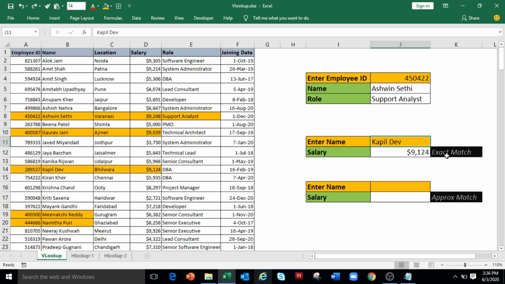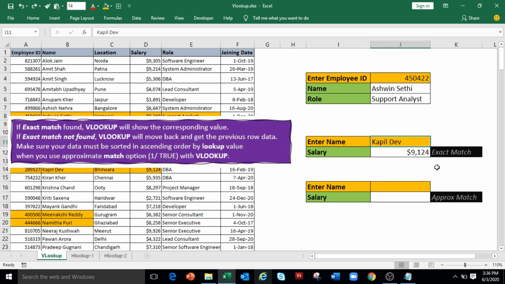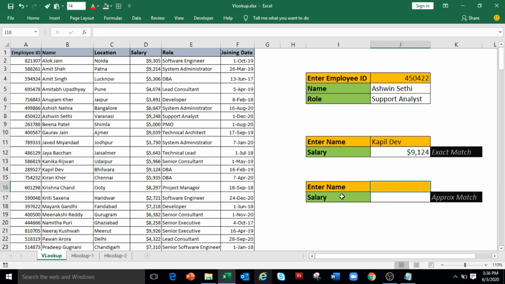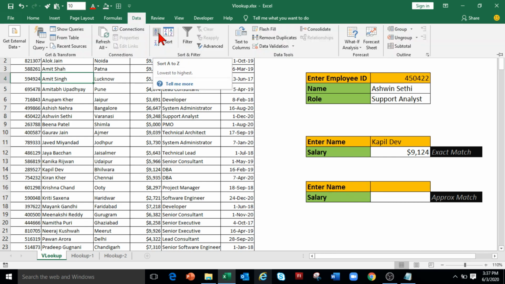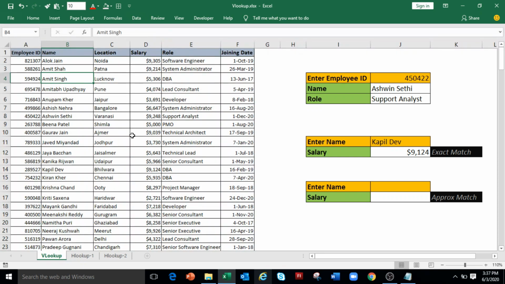To use the approximate match option in the fourth parameter, first we need to sort our data in ascending order by lookup value. Now in our example, we want to look up a name in the selected range. Hence, sort the names in ascending order. Now as an example, I have entered Mayank in cell J16.